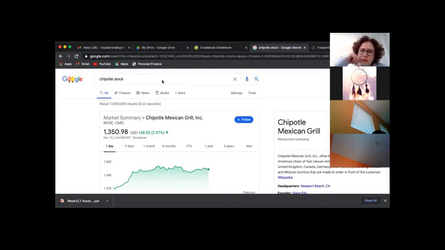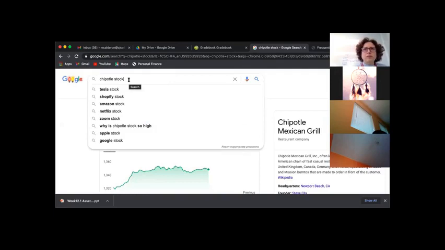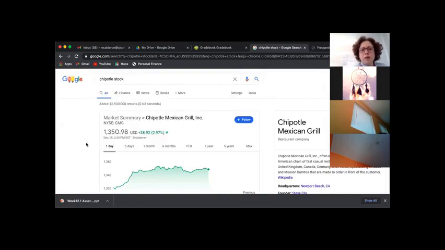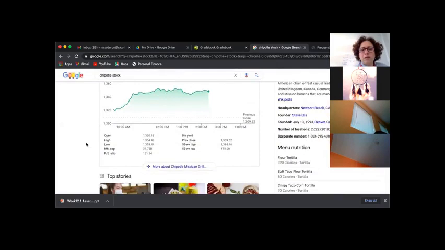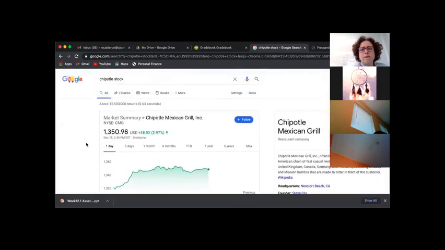Okay, so I brought up this information here. If you type, for example, Chipotle stock on the Google bar, then it'll bring you information about that stock. And when you have a stock that is presented like this, it's going to be for public companies,